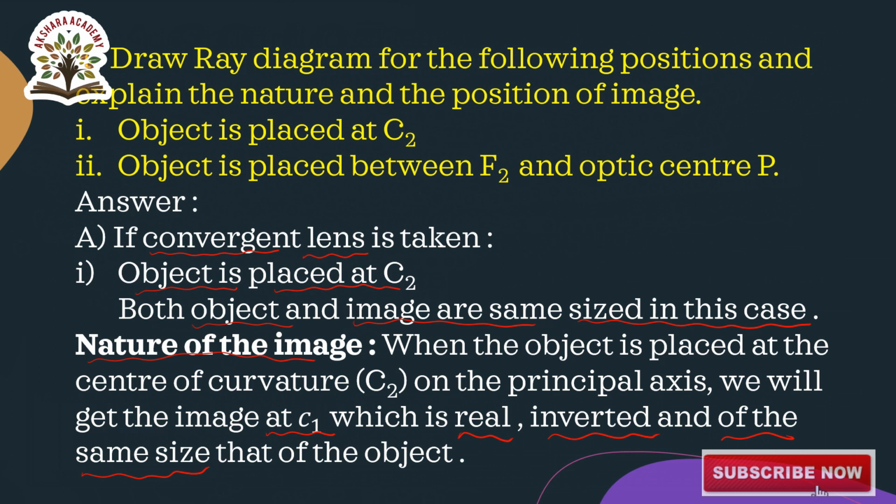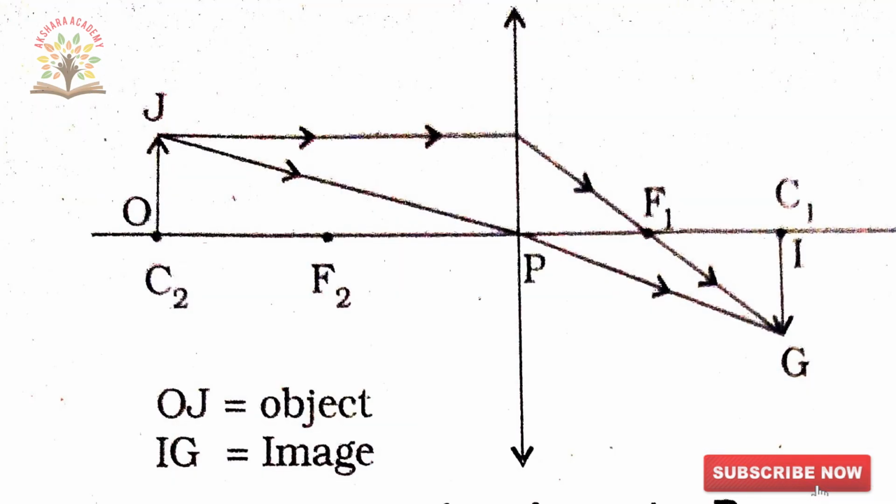So now next, this is the ray diagram for this case. This is the convex lens and this is the notation of the convex lens. Arrow mark, here we are drawing the arrow mark. This is the image representation. This is the symbolical representation of the convex lens. Actually we have to represent it like this.